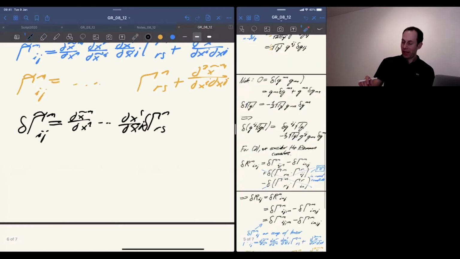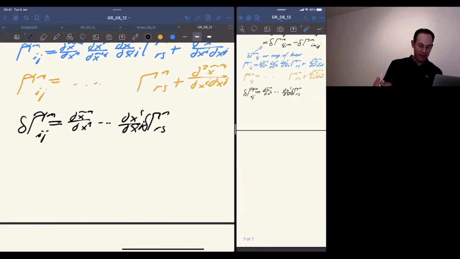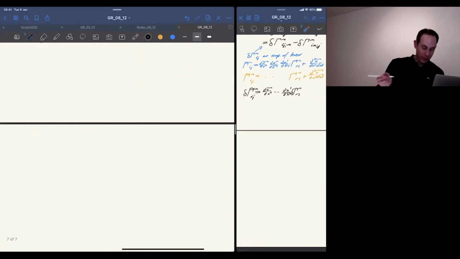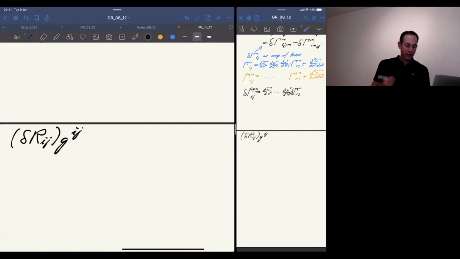Okay, I'm aware that today's lecture is quite calculation intensive. I'm sorry about that, but this is just how it is. We have to do this calculation at some point. It's essentially an integral part of GR, or at least of the understanding of where the Einstein equations come from.